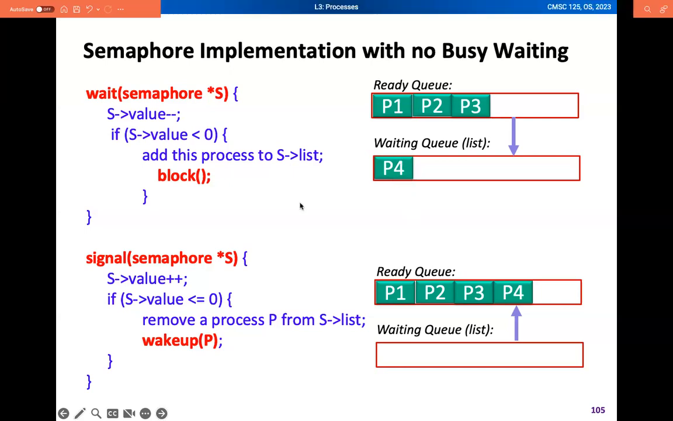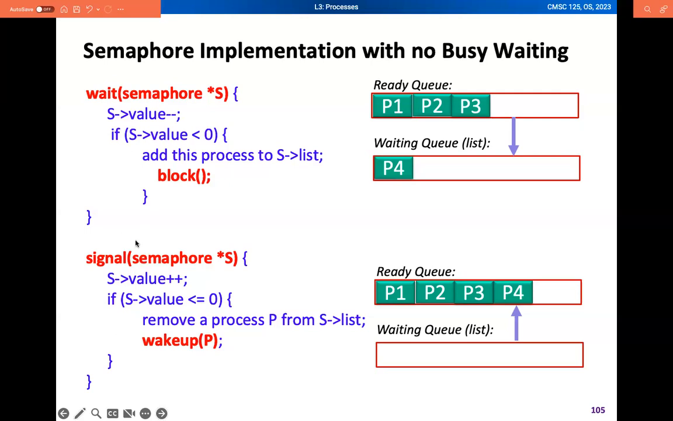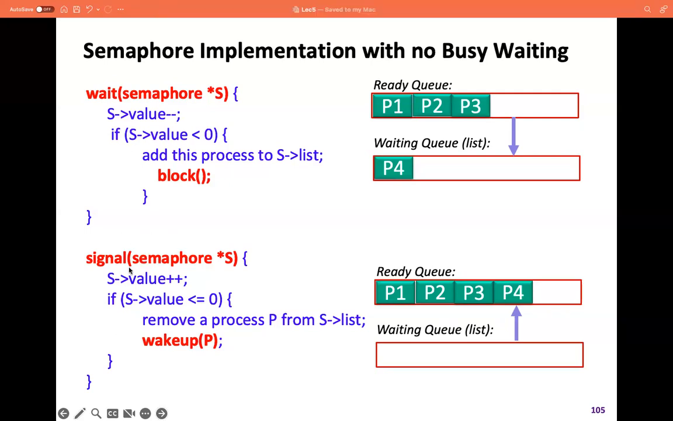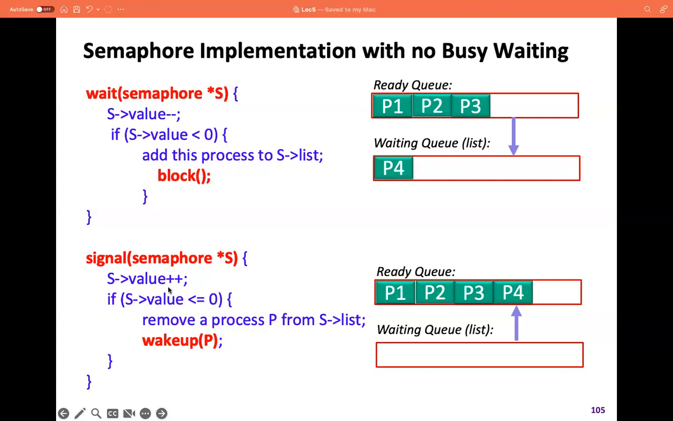Okay. And the signal operation instead is that, you remember, if we want to use signal, that means that we are releasing a certain resource. So that means that there will be more available resources. So essentially, in the signal, we increment the value of S, okay, indicating that there is more resource available. And if the S value is less than or equal to 0,